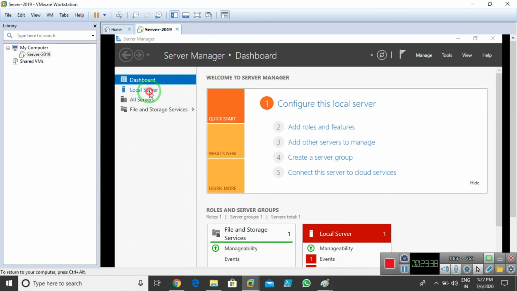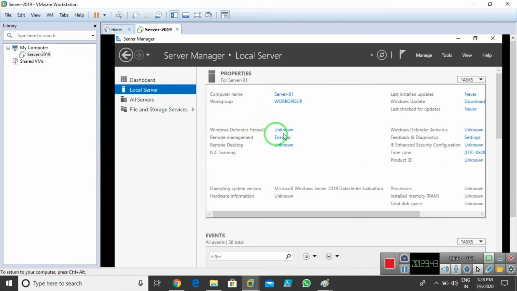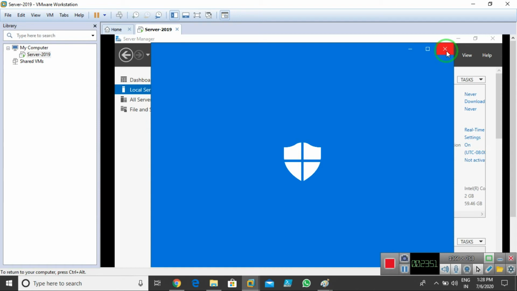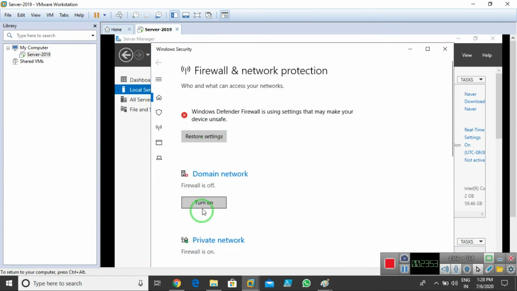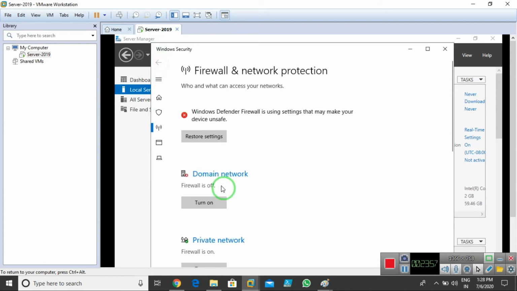If I click on Local Server, as you can see, my server name is now Server 1 and my firewall shows off. It automatically shows that, but you can see it's on again. Just go for Off first. Yeah, the private one is off. I need to turn off the other also. Now it's completely off.